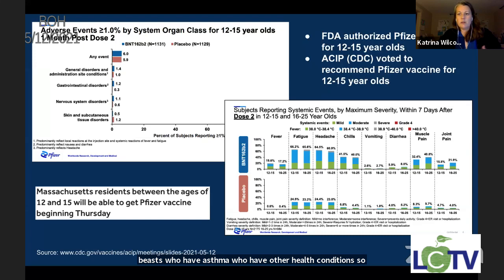So I think everyone knows somebody in their friend group who has asthma or obesity or some health condition. So we want to protect our friends. Getting vaccinated would be one way to help protect our friends from severe outcomes. Given that these kids aged 12 to 15 are currently among the age groups with the highest transmission in our state, and that this group is highly social and mobile, vaccinating this age group is a great way